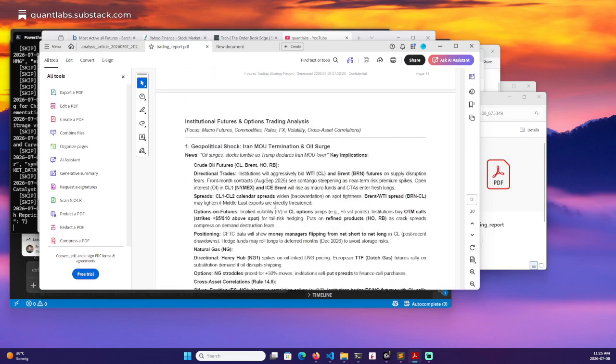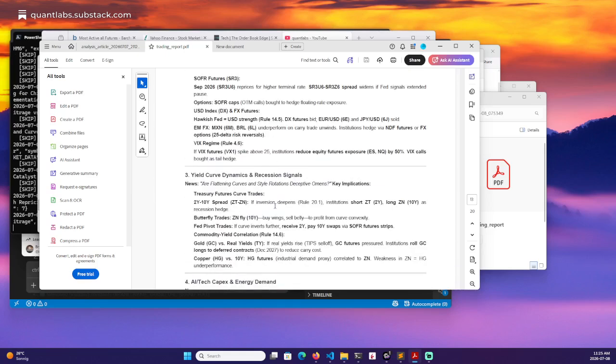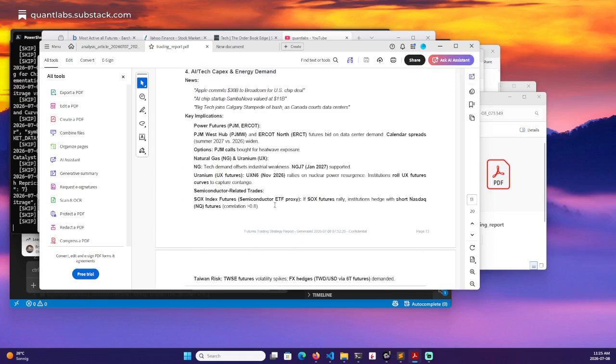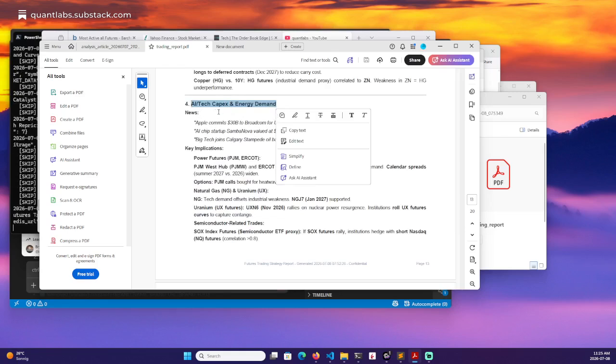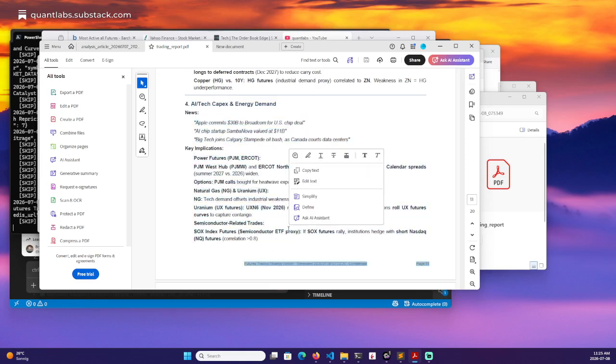Okay. So again, I'm just going to scroll down to show you the retail. That's retail forex, where all of that is driven by what I'm showing you here. Again, the AI call, and again, this is pretty well the stock market, the AI tech capex, the news drivers, and what they expect.